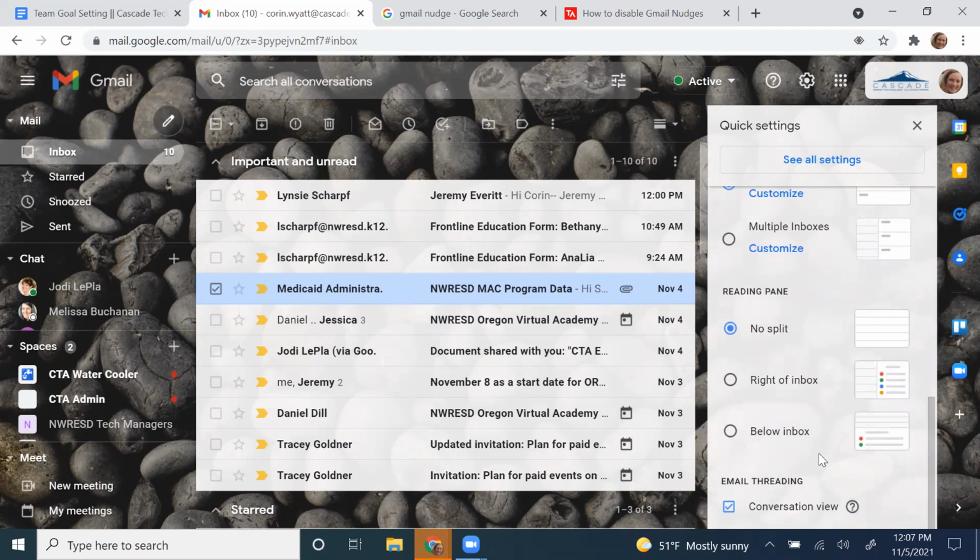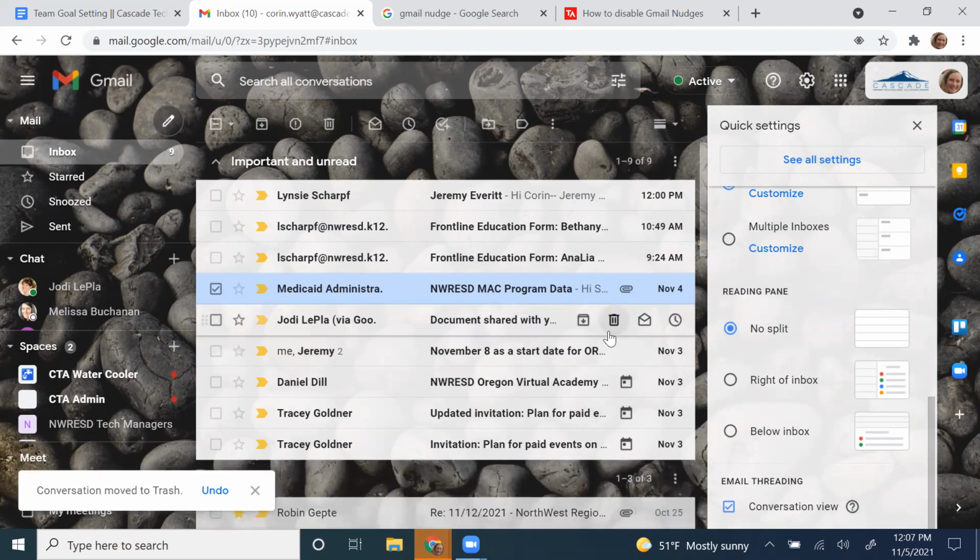And then something else that I've heard a lot of people ask about as they shift: if you're a prior Outlook user and you've switched to Gmail, you can turn on a reading pane here. I don't like the reading pane, so I just leave it off, but you can put it to the right of your inbox. So you would see your inbox at the left side.